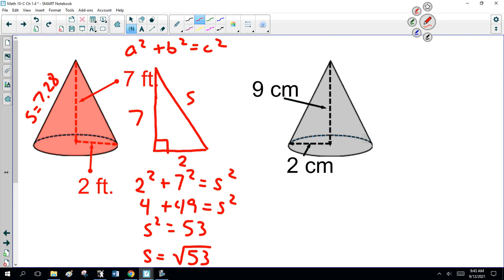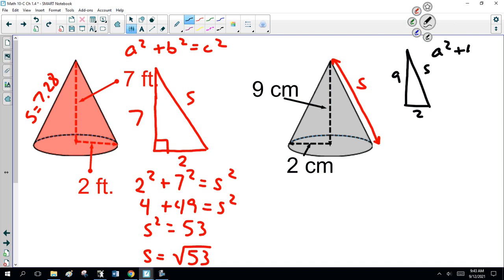Now, can we calculate the surface area? Yes. I'm not going to do that. I'm going to skip it and go on to the gray one with the black lettering. I want you to calculate the slant height S of this. Then I want you to calculate the total surface area. All right? So I'll start you off. 9, 2, S,